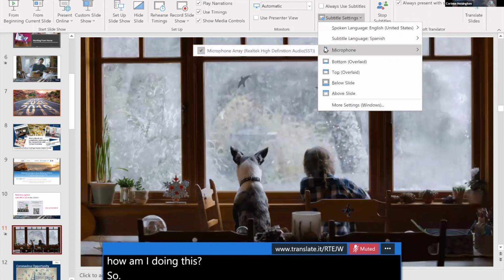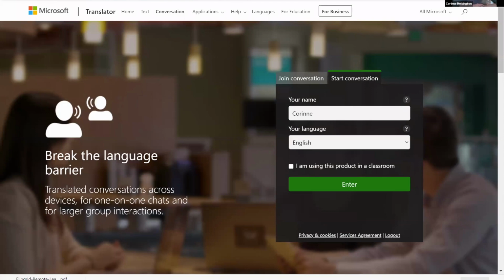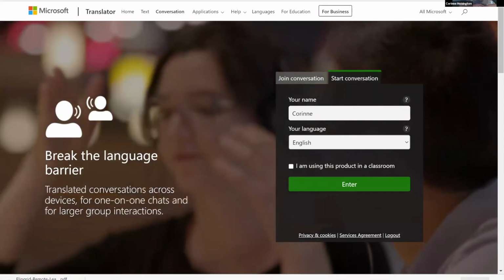Now, I know what you're thinking. Corinne, we are not using PowerPoint at all. Well, I've got you covered. Even if you're using Chromebooks or any kind of tool like that, let me take you back out. There is a free website. Boy, we can handle free right now, right? The website's name is called translate.it,